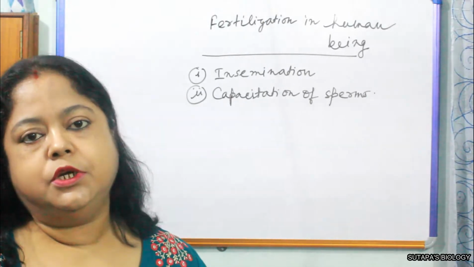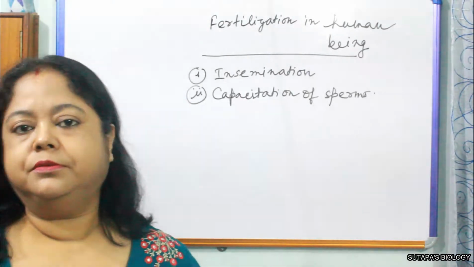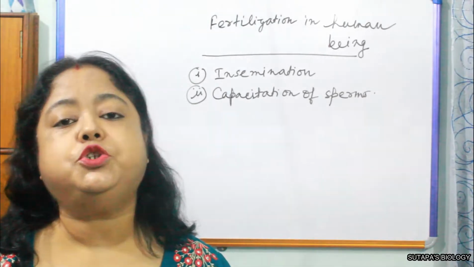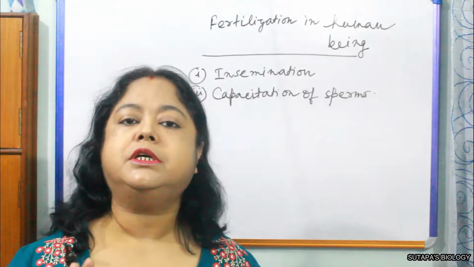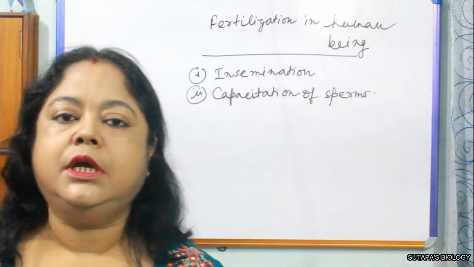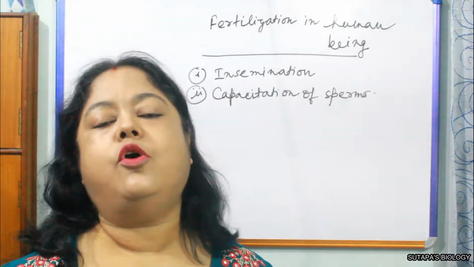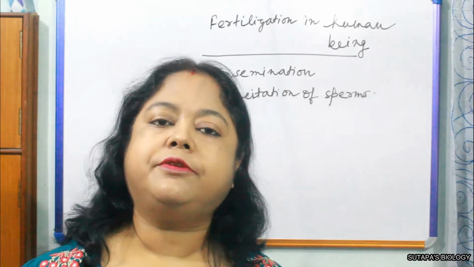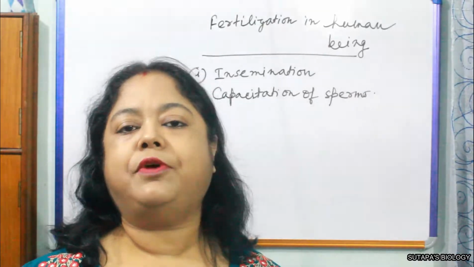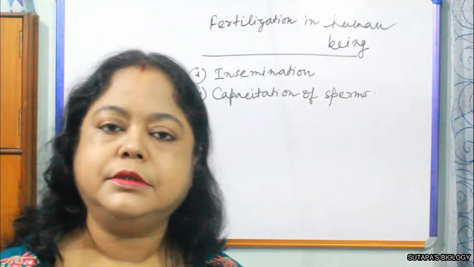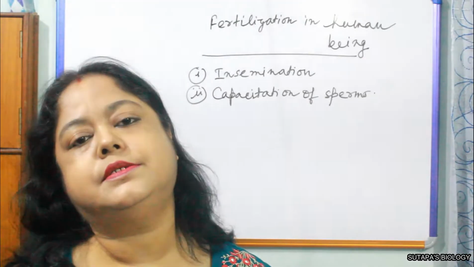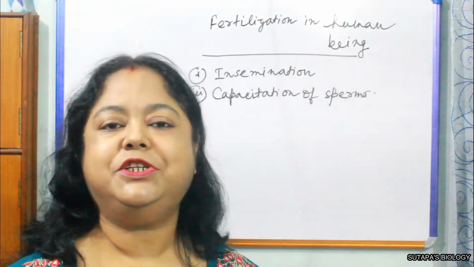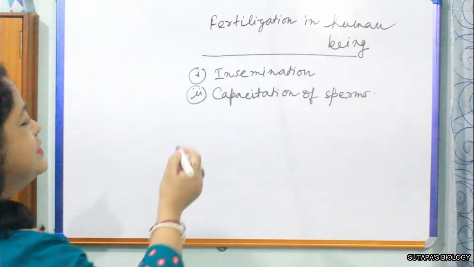So all the sperms have the destination, or the target, to reach over there first. But millions of sperms are inseminated or deposited during the copulation, and all the sperms are not able to swim up to that space. So here the first competition starts. In the first competition, some are selected and some are eliminated, just like the competitive exams which you will face, the NEET etc.